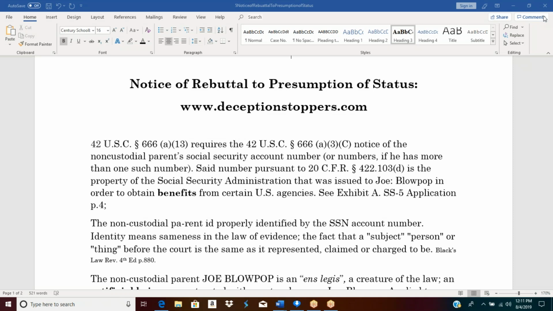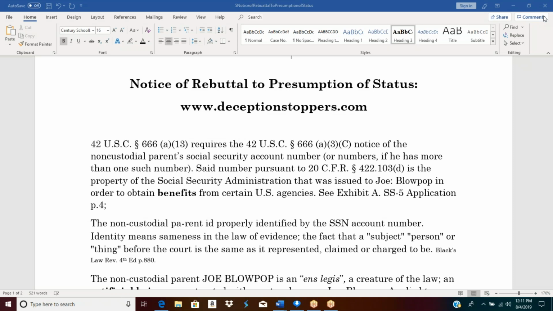Whatever presentment or order that you get from the 42 USC 654-3 single and separate unit and its contractors, their agents and employees, I would respond as such. Pursuant to 42 USC 666(a)(13) requires the 42 USC 666(a)(3)(C) notice of the non-custodial parent's Social Security account number or numbers if he has more than one such number. Said number, pursuant to 20 CFR 422.103(d), is the property of the Social Security Administration that was issued to